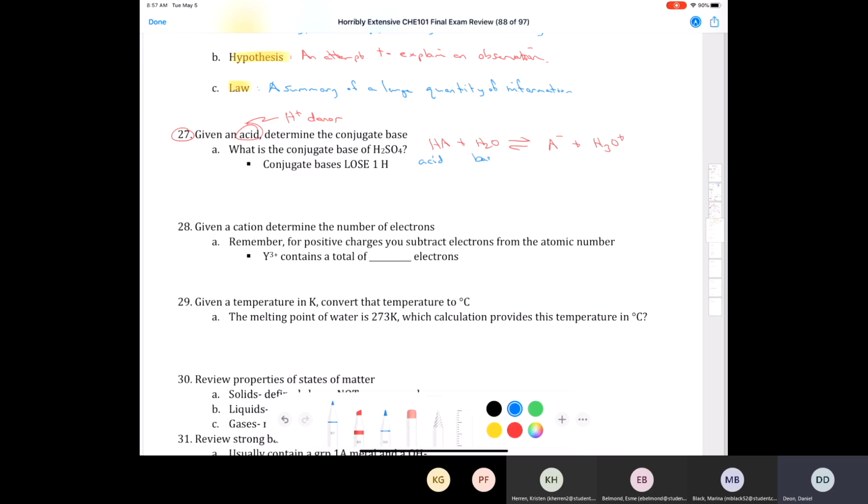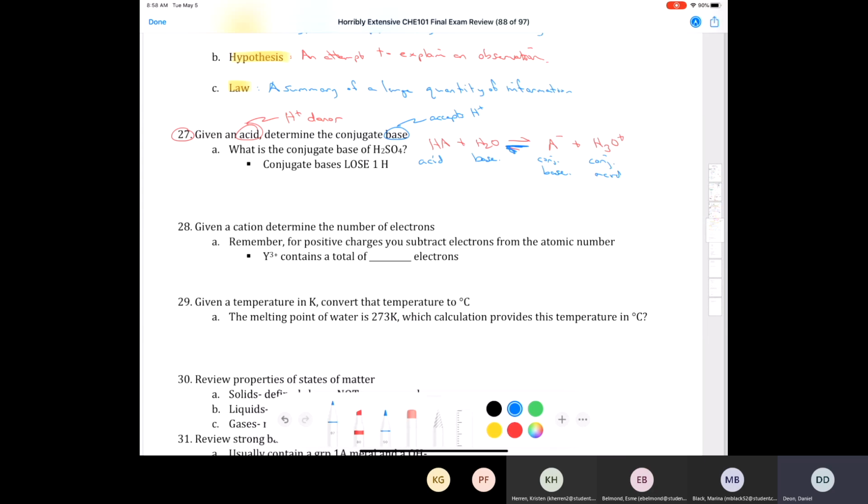Okay, water is behaving as a base in this case, but A- would be the conjugate base. This is the conjugate base. And if you're wondering how the heck did you figure that out, it's because when you think about the reaction in reverse, who is gaining a proton? A base accepts H+, and the A- is accepting H+ to form HA. And also H3O+ must be our conjugate acid, because again, in the reverse reaction, it is losing a proton